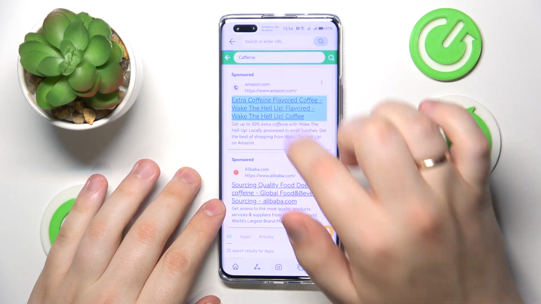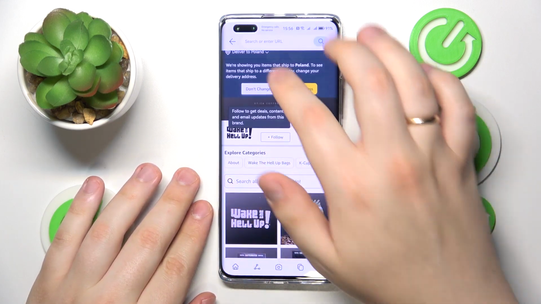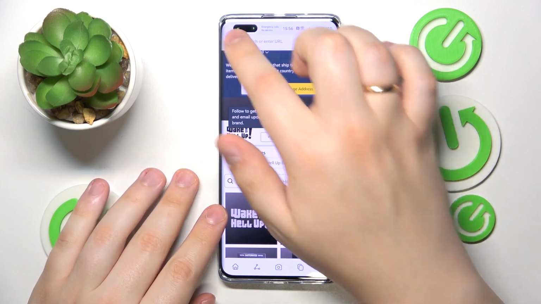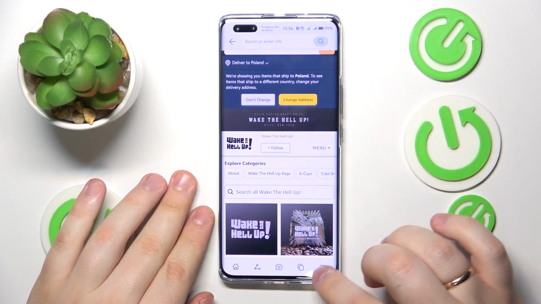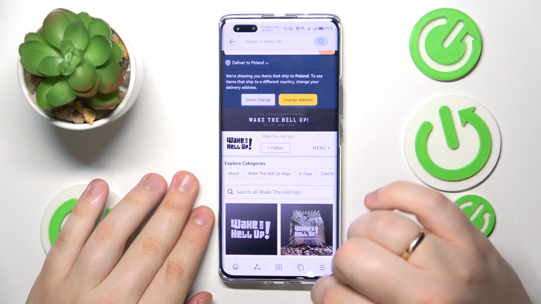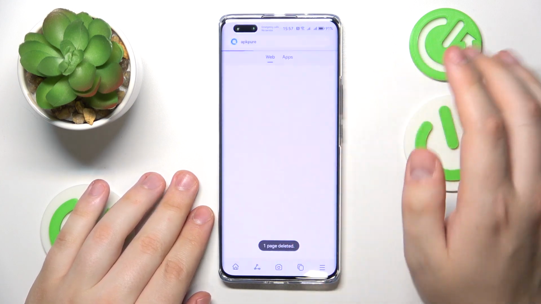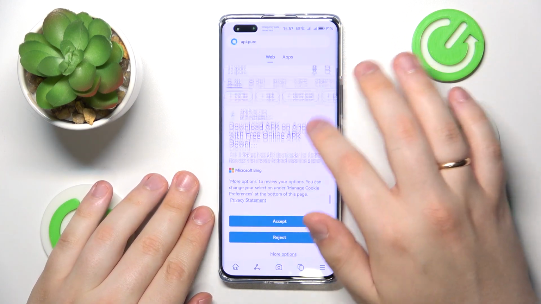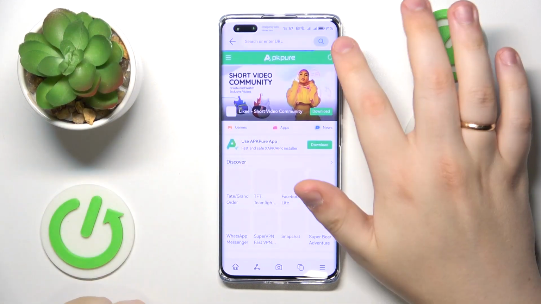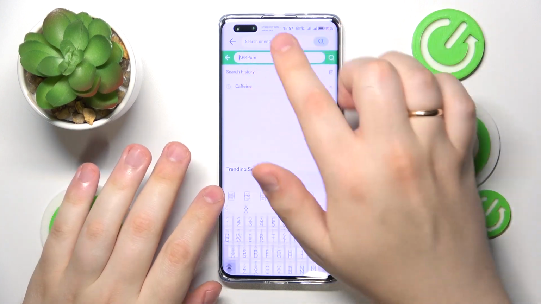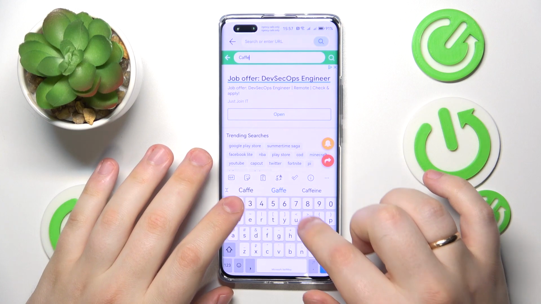Here is the app that we are looking for, and unfortunately I've accidentally clicked on an ad, but that's fine. Let me get back real quick. It seems like it opened in a new tab, so let me open the list of tabs, close this one and reopen APKPure, and it just shut itself down. Anyway, so at the search bar, type in the Caffeine query,